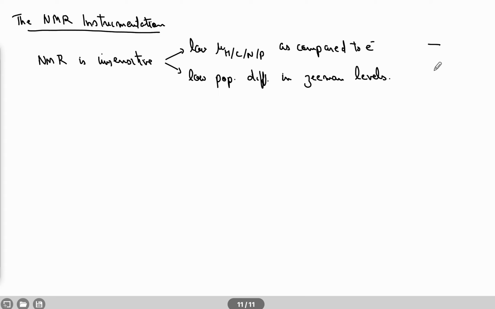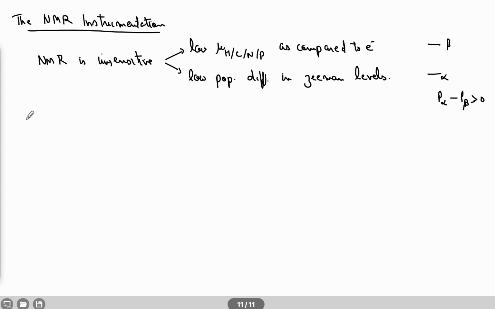So what I mean is, here if you have a spin half system, alpha beta, then P alpha minus P beta is greater than 0 at thermal equilibrium, but this value is very small, right? I mean, this is only 1 in 10 to the power 5. We have seen this calculation, right? Okay, so now let us try to understand what are the important parts of the instrument that work towards achieving this goal to visualize or to detect this weak signal.